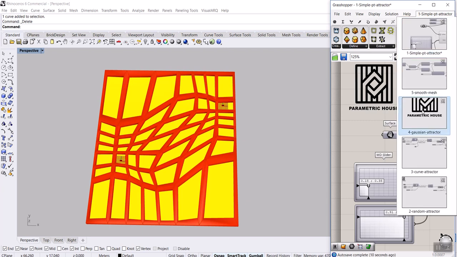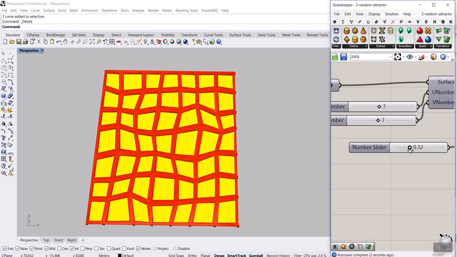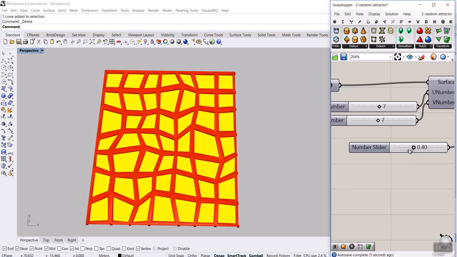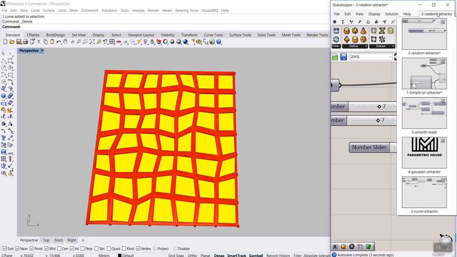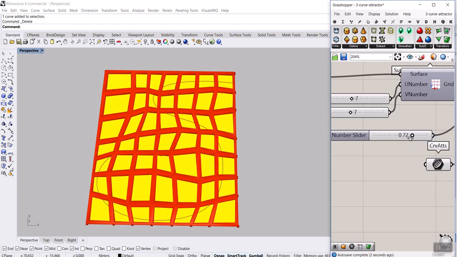Then I'm going to explain how you can use the random attractor here, which you can see by changing a number slider, we can produce random results. Then we're going to talk about a curve attractor, how a curve attractor can affect a grid, which we will